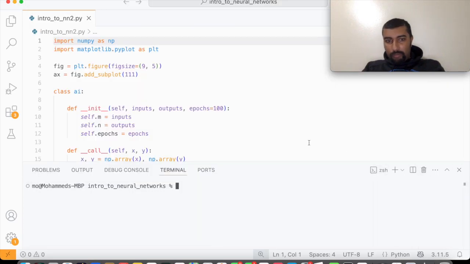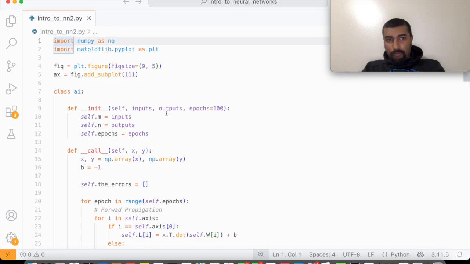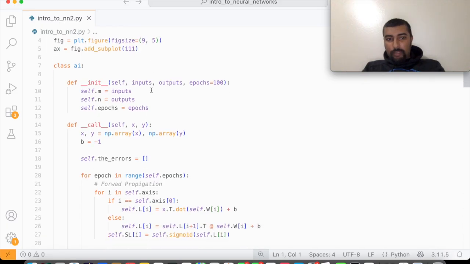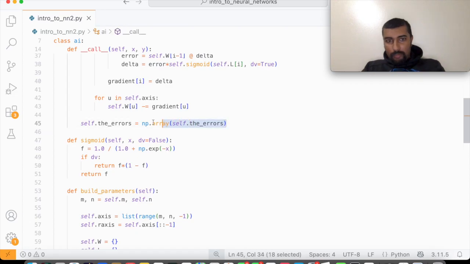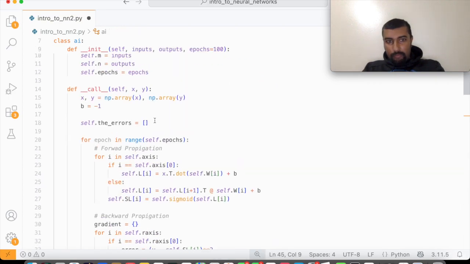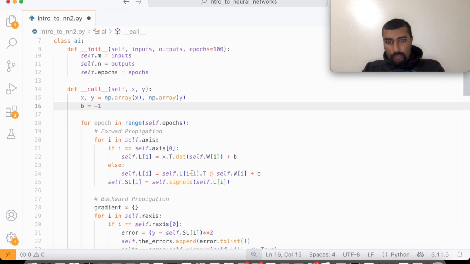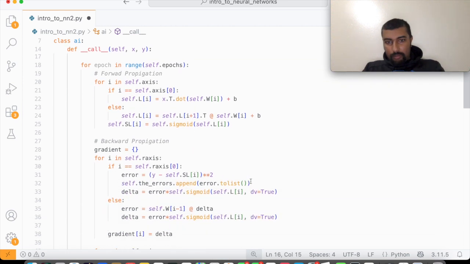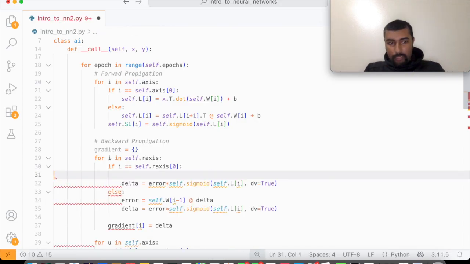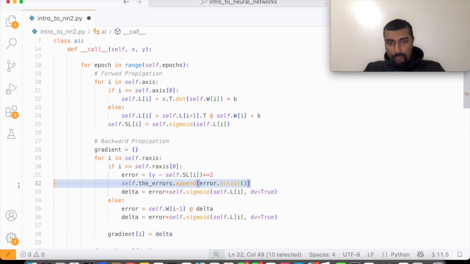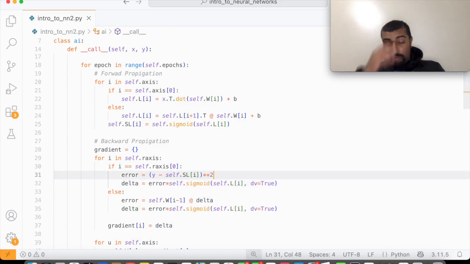Let me go ahead and open a new terminal. Let me actually delete this terminal now. What I want to do is I need to first predict. So let me do this. I don't think I need self.errors anymore, so I will come over here and take it out. Oh wait, no, I didn't mean to do that. My MacBook's messing up. Okay, so the neural network is going to train,